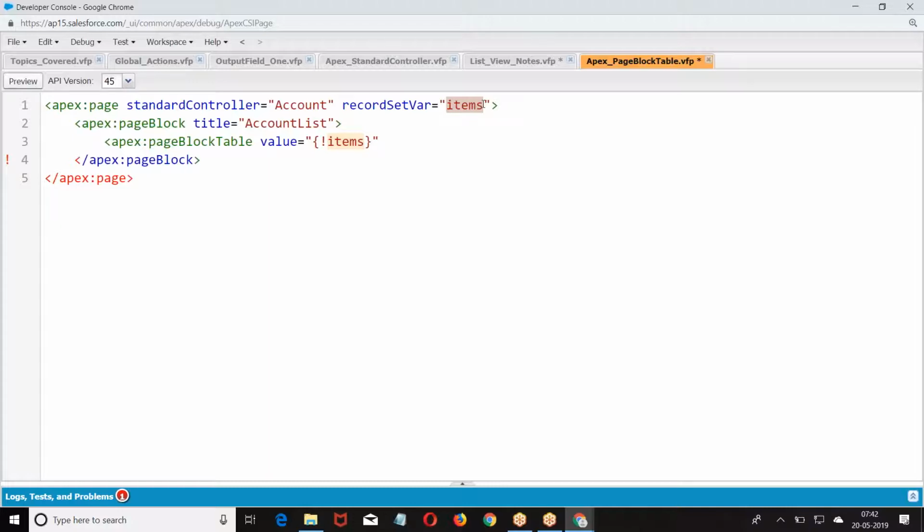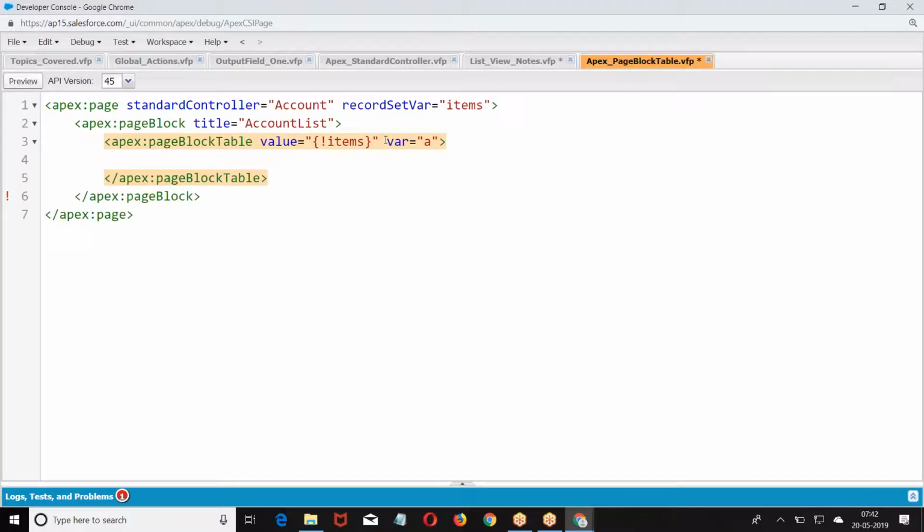From the account object, whatever group of records we are getting, those are referred to with the name called items. So value equal to items. Whatever variable name you gave here, the same variable we are giving. Then I have var equal to a. What is that var equal to a? It's just like a for loop.